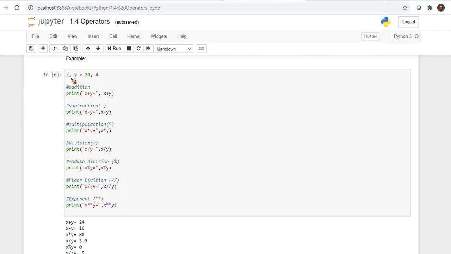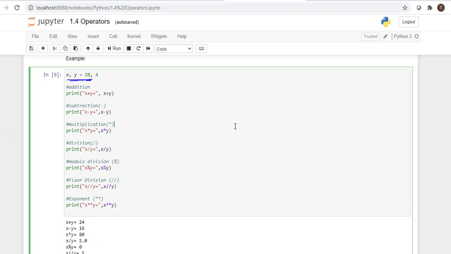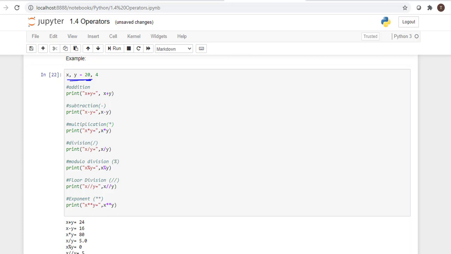Here we have two values, x and y. With the x and y operands, we are doing various arithmetic operations. After executing this, we get the below result.